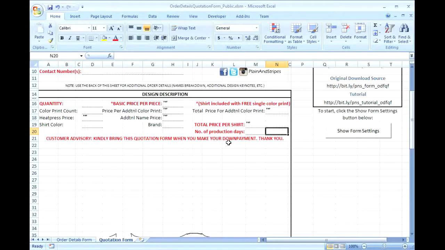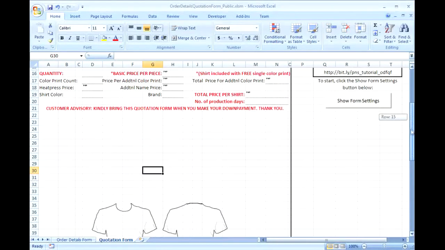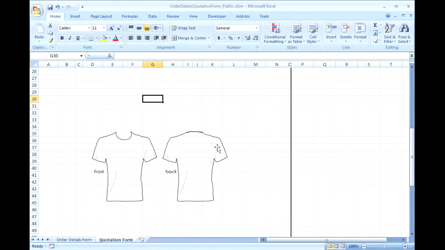So when they issue an order details form, the details on the order quotation form and the order details form should match. On the middle section of the quotation form, we have a sketch here of the shirt. So in here, you have to sketch the details of what the customer wants to be printed on the shirt. So like in here, I can draw a box here and then an arrow up specifying here the font